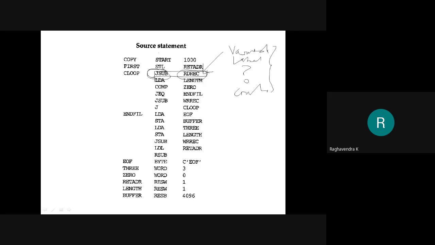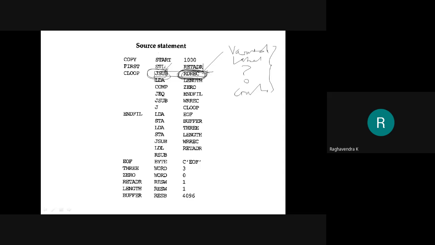So one of them is the opcode. If an opcode is present, what I want to know is the equivalent binary of this particular opcode. And if I know that, I will be easily able to translate or convert that. Similarly, I should also know what is the binary equivalent of this variable or a label or a constant, or in other words, an operand. So if I know what is the binary equivalent of an operand, then I will be easily able to convert both of them and write its machine equivalent. Okay.